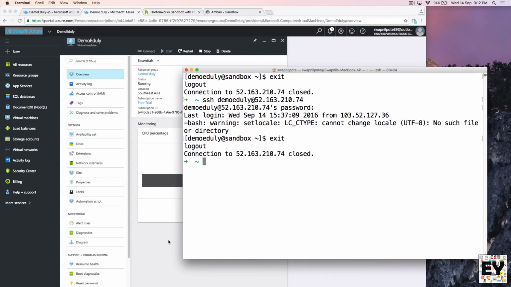So I hope guys you have understood how you can access this virtual machine from a terminal window if you are using Linux or a Mac. And guys, if you are getting some problem like an SSH problem, just Google how to install SSH. I think in every Linux system SSH comes pre-installed, so I don't think you will get any error. If you are still getting any error, just comment in the below section.